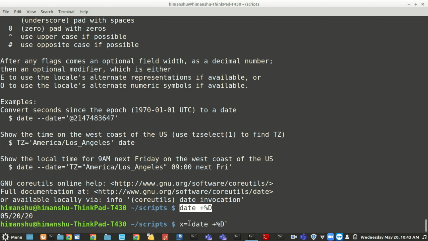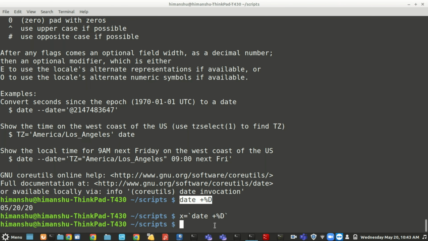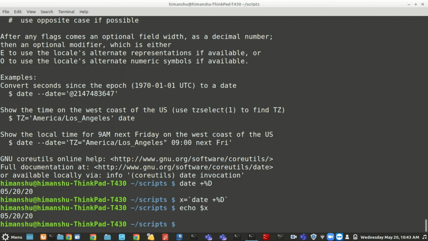So I will give back quotes and hit enter. So now the value of this command will be stored in x. So if I do echo dollar x here, now I can see a specified value here, right?